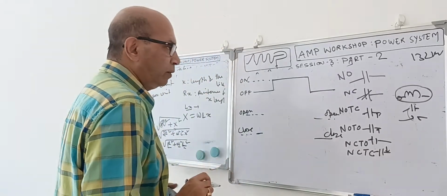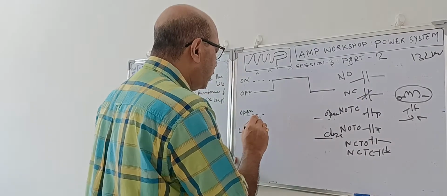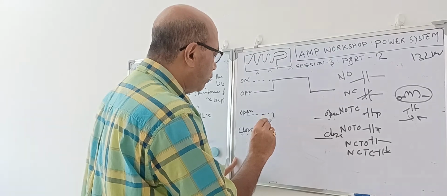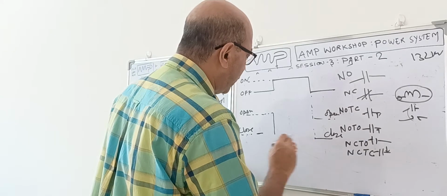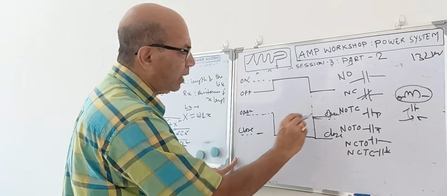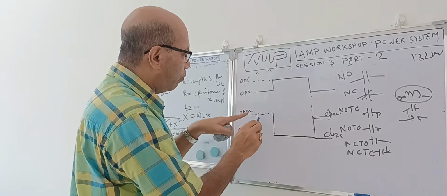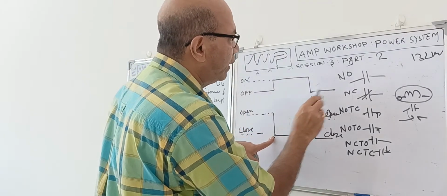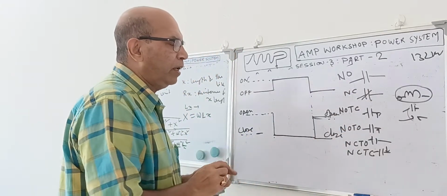Now, for a normally open contact, what will happen? The moment current passes through the coil, the normally open contact, which is normally in this state, will immediately go to close. This is the closed state. It will go to close, and as long as the power is there, it will remain closed. The moment the power supply goes off, it will go back to the open position. So this will be the diagram of the NO contact. The moment power comes, the contact immediately goes from the open position to the closed position, and the closed position is maintained. The moment the power in the coil goes off, the contact immediately comes back to normal, back to open. Okay, this is for the normally open contact.